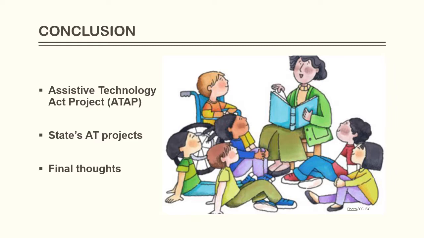Services under the law: each U.S. state and territory receives a grant to fund an Assistive Technology Act project. These projects provide services to persons with disabilities for their entire lifespan, as well as to their families or guardians, service providers and agencies, and other entities that are involved in providing services such as education and employment to persons with disabilities. State-level activities: at least 60% of the funds received by each state AT program must support the following activities. State finance systems include alternative finance programs, device reutilization programs, device loan programs, device demonstrators.